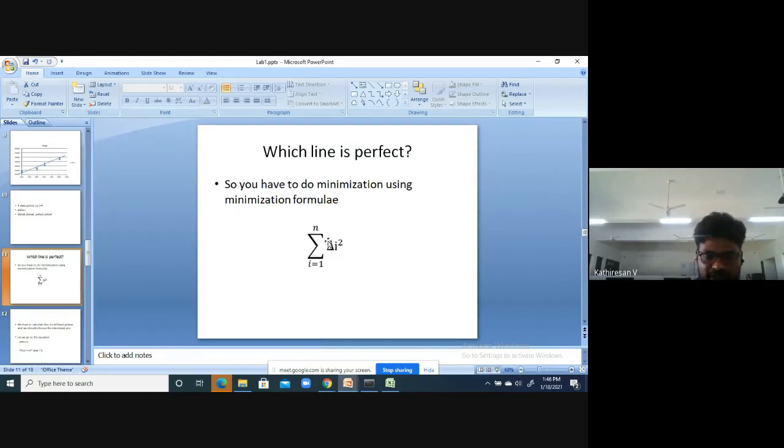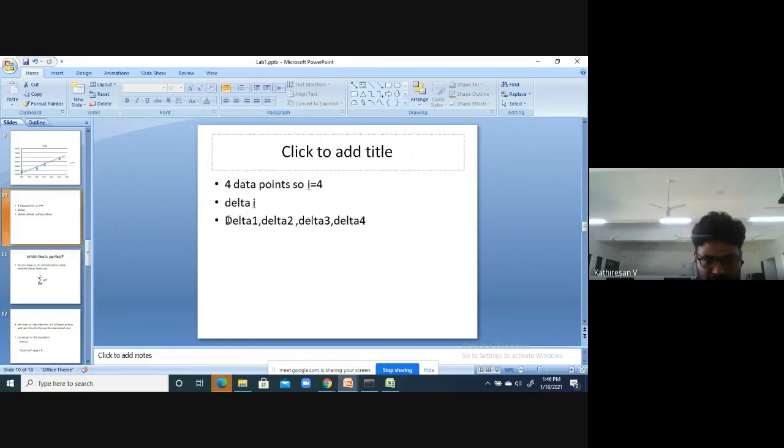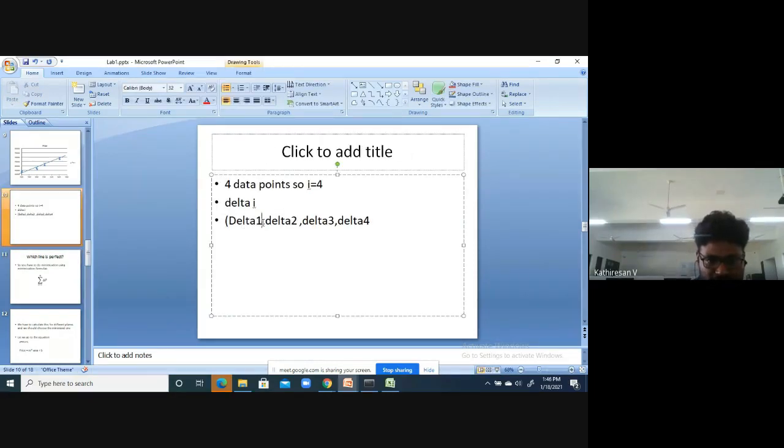We have to sum all the things. We have to square all the things and do the summing operation. So we have to find delta 1 and do the square operation. Here also the same. For delta 2 also we have to identify and do squaring. Here also we have to identify delta 3 and do squaring.